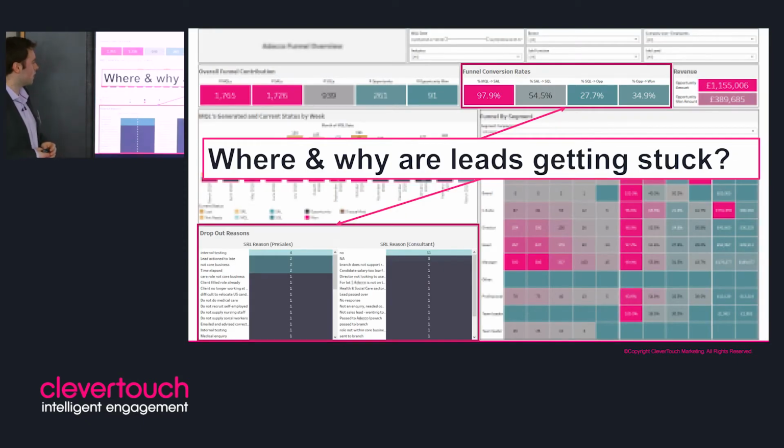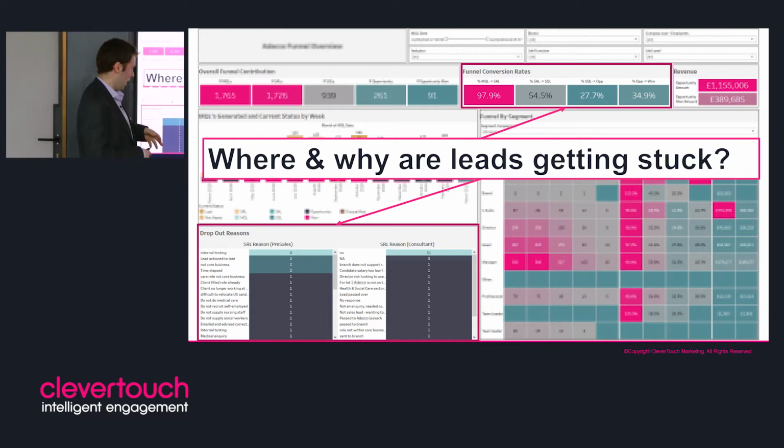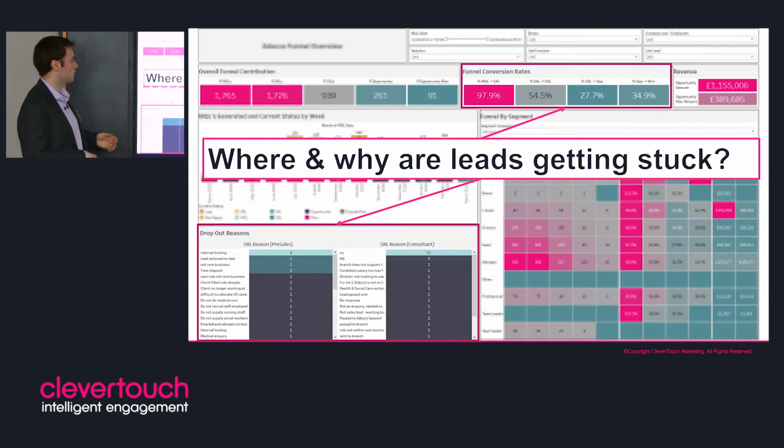And we also want to understand where are the sticking points in the funnel. What are they and why is that happening? So we can again look at where the leads are dropping off, where the pain points are, and then hopefully we've managed to get sales to track what those issues were, so you can get an idea as to why something wasn't working. Maybe they weren't educated enough, or they didn't have budget, and so then you can start to think about, well, should I have a marketing campaign supporting a particular stage of the sales process that's addressing these issues, or do I need to address them earlier on in my marketing,